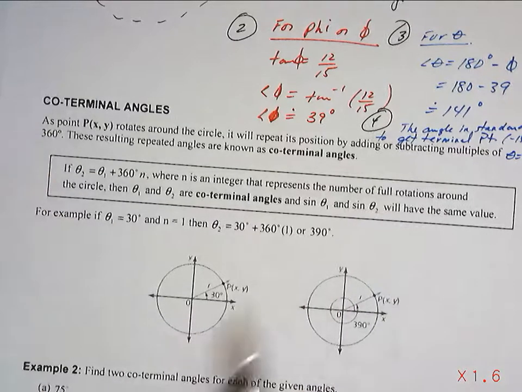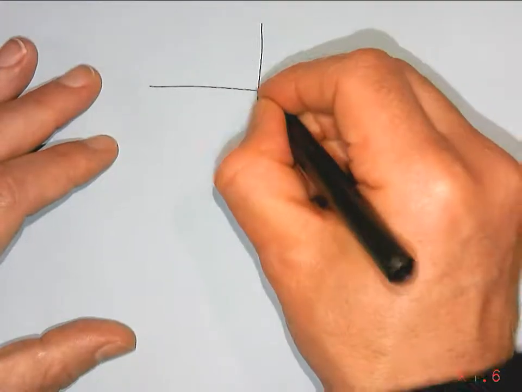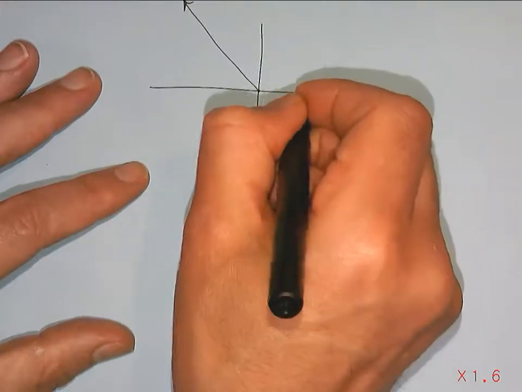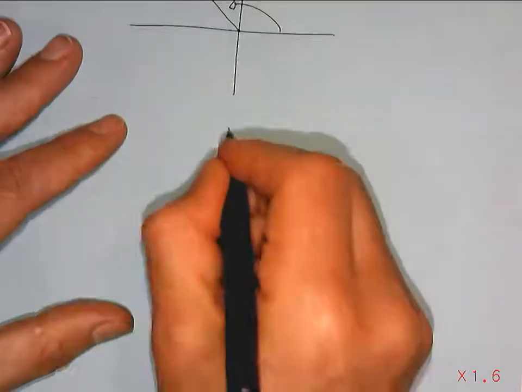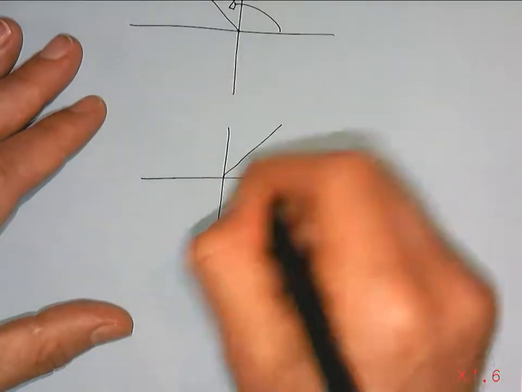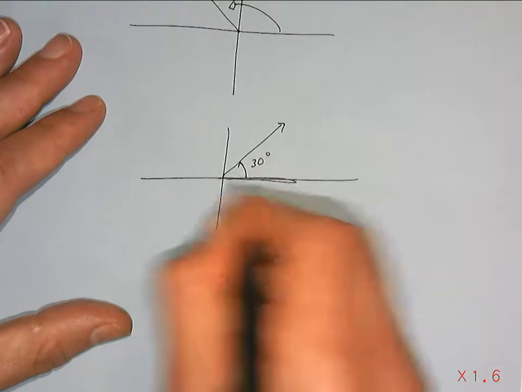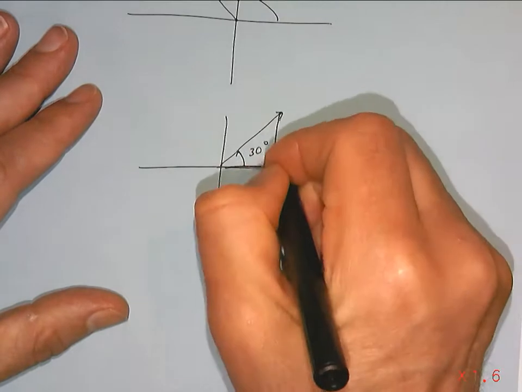So if I have a rotational angle that are coterminal, let's take a look at one. Let's put one out here. Let's make this a little bit easier just for fun. Let's make this 30 degrees. So there's your initial arm. There's your terminal arm, and we'll make that 30 degrees. So the sine of 30